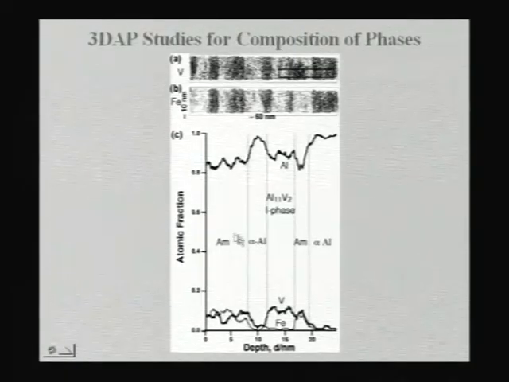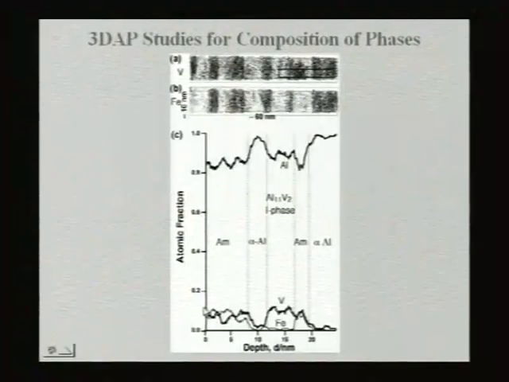Aluminum rich region is nothing but the alpha aluminum. The low aluminum region is the amorphous region, because you will always get amorphous when there is more amount of alloying elements in it. If you have small amount of alloying element, you will never get amorphous. In order to get an amorphous phase, you have to keep on pumping it with large amount of alloying elements. So usually amorphous phase is that where you have large amount of both iron and vanadium, and alpha aluminum is that where you have more aluminum and small amount of iron and vanadium.